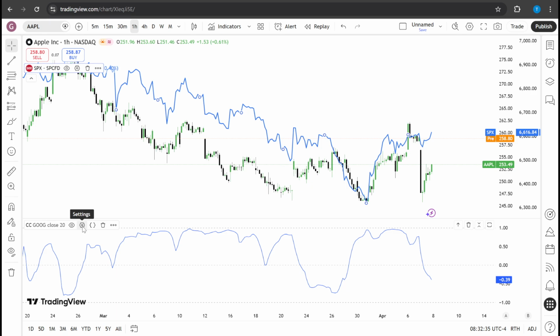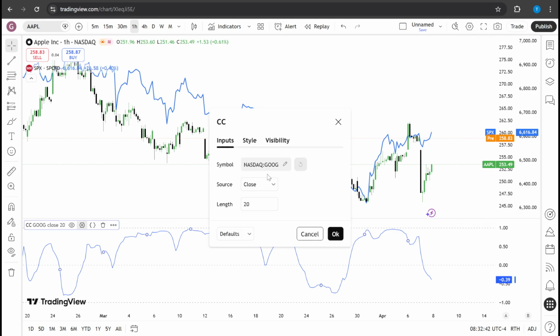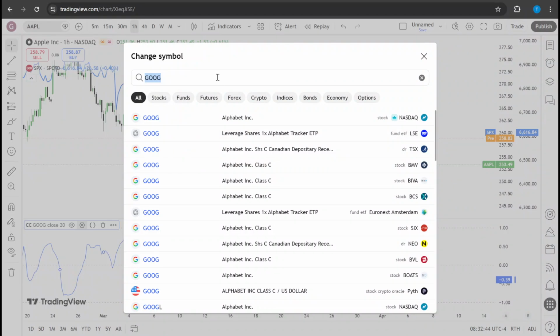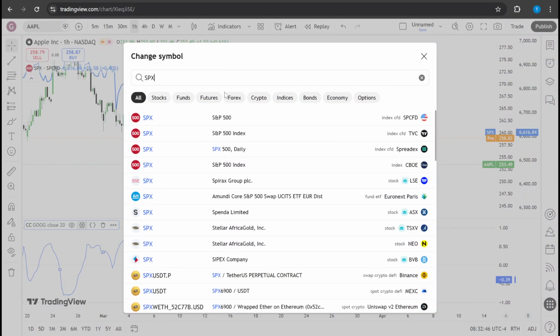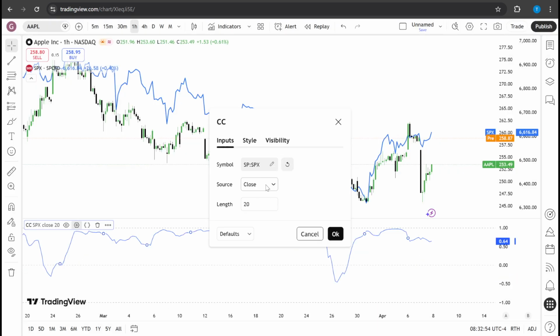However, by default, it might be tracking a different symbol or just the price change of the stock itself. To fix this, hover your mouse over the name of the indicator in the bottom pane and click on the gear icon to open the settings menu. Inside the settings menu, click on the Inputs tab. Look for the field labeled Symbol and type SPX into that box to ensure the indicator is comparing your stock